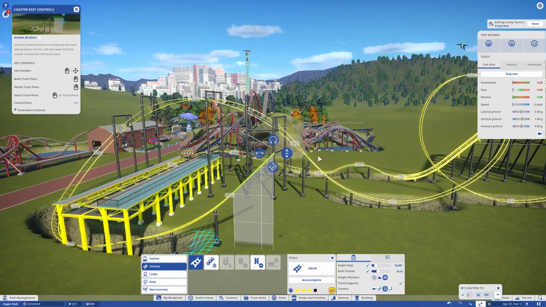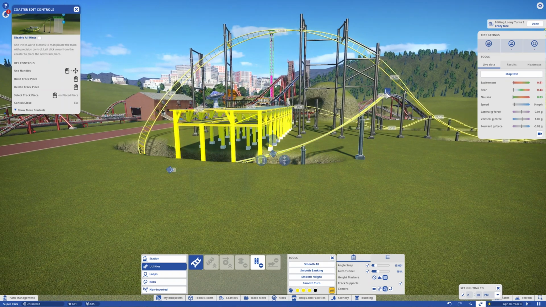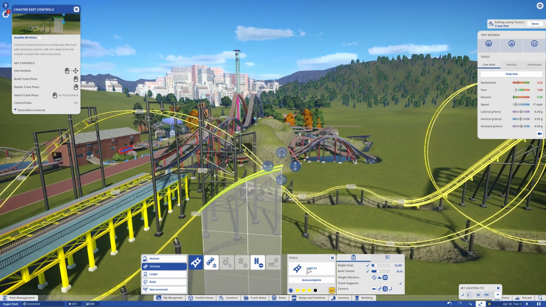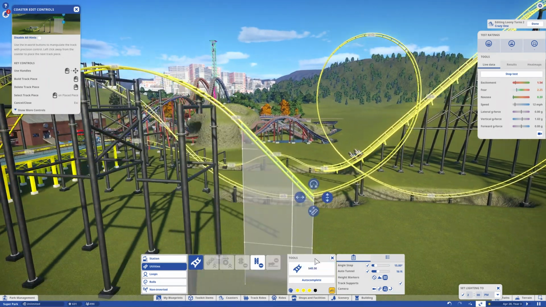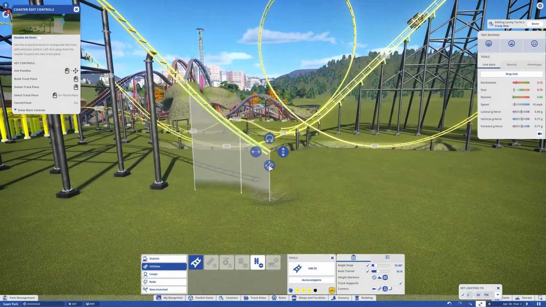Now I'm gonna have an airtime hill if I remember correctly. I like this part when it dives under the station. It's pretty cool when you see the finished product. We're gonna have a pretty big airtime hill. I hope it's ejector airtime, because if it was floater,